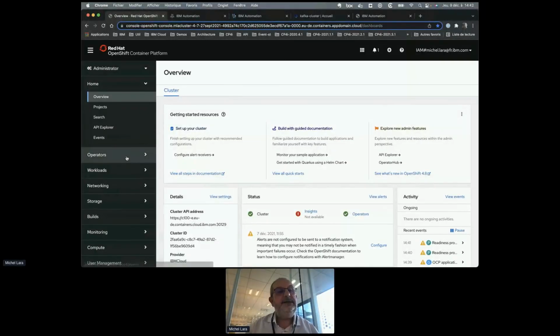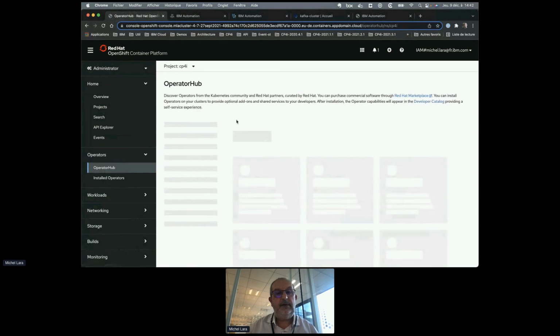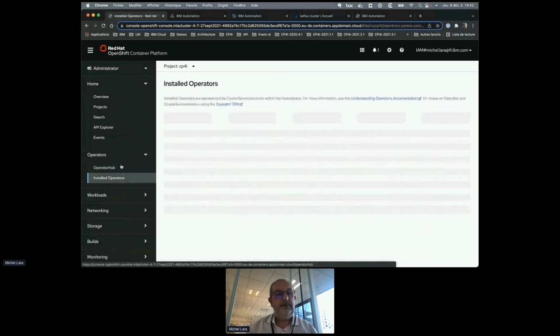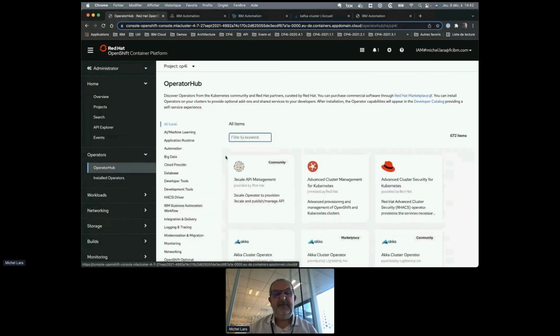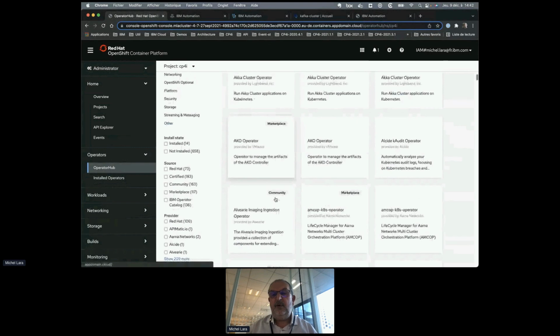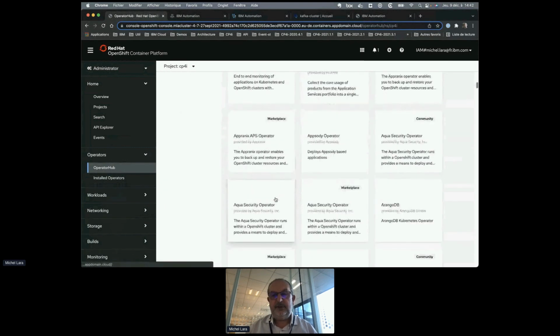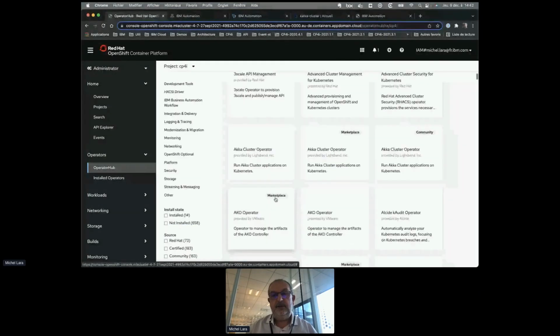And this is OpenShift. You are on the catalog, the OpenShift catalog. You can have different solutions. I think I have to refresh. So you can have lots of solutions in the catalog, open source and non-open source.